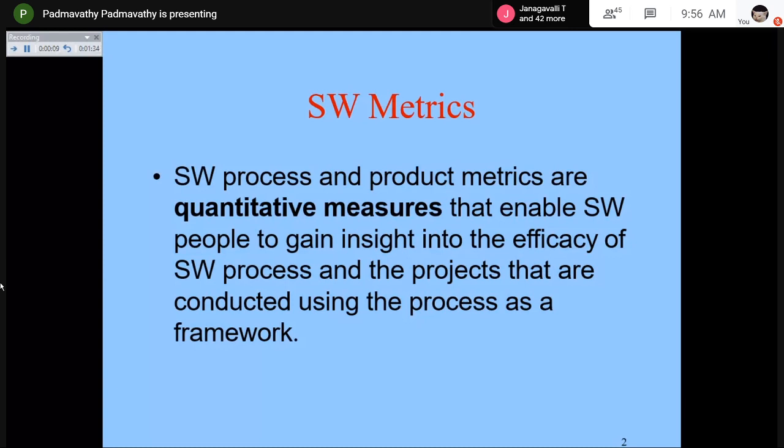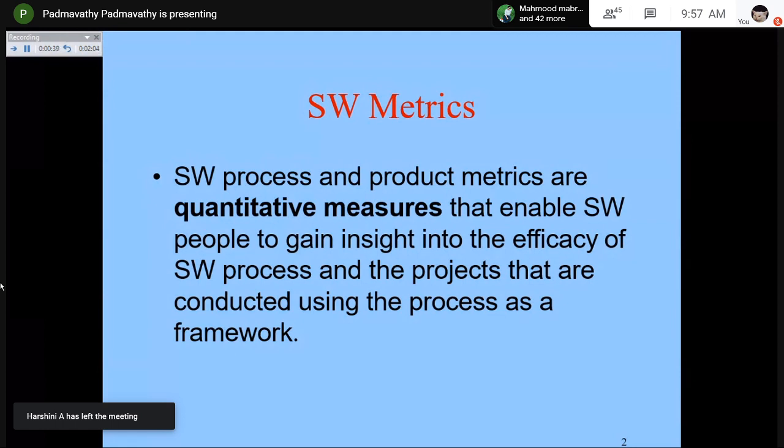So we are going to see how software is measured in the IT industry, how the quality of the software is measured, how the quantity, that is the complexity of the software is measured. The size of the software is measured. All these details will be seen, because you have to measure the size of the software.